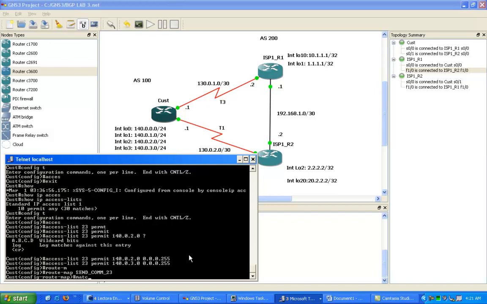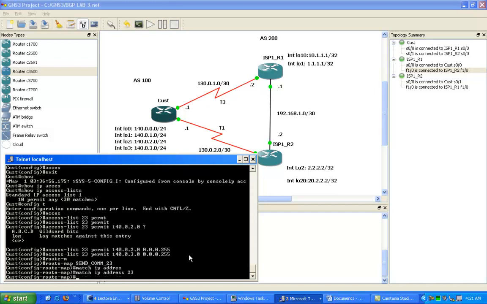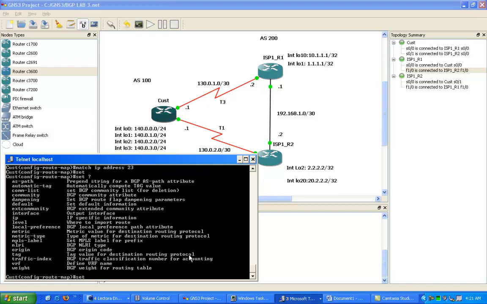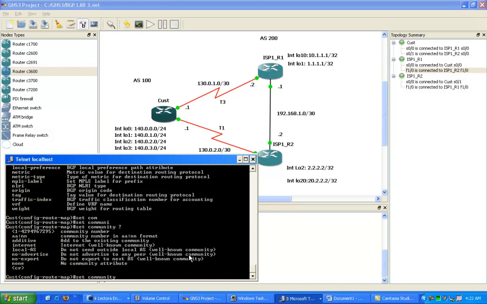And then under the route map, we're going to match the ACL that we just created, which is access control list 23. And then once our traffic matches this ACL, we're going to define our action, which is going to be to set the community,